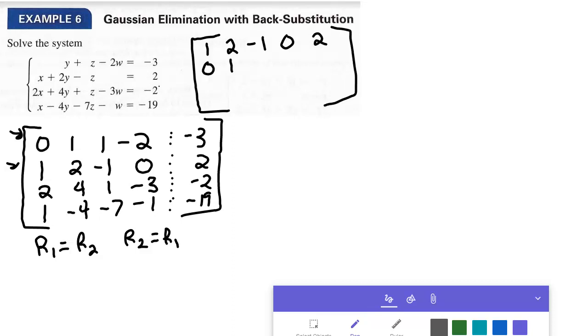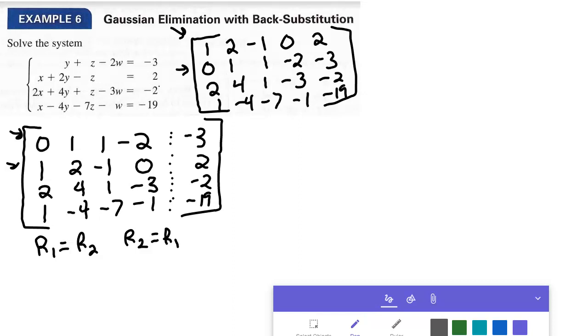0, 1, 1, -2, -3. Okay, just make sure I got those right. Everything else I'm going to leave the same. So 2, 4, 1, -3, -2, and 1, -4, -7, -1, -19. And so what we want to do, so we've already got the first one done. We've got a 0 here, and we've got 2 of our 1s in good shape there,